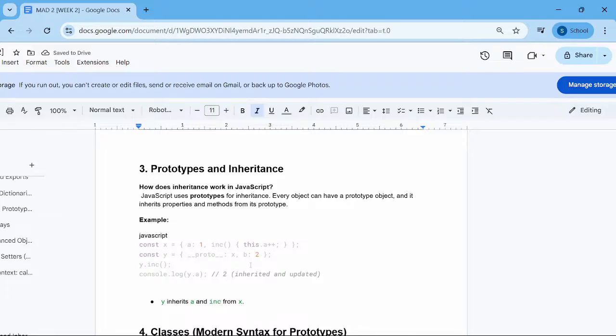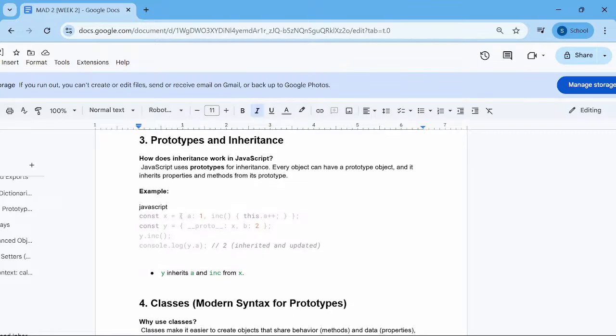Prototypes and inheritance. How does inheritance work in JavaScript? JavaScript uses prototypes for inheritance. Every object can have a prototype object, and it inherits properties and methods from its prototype. Example. So we have a and a function